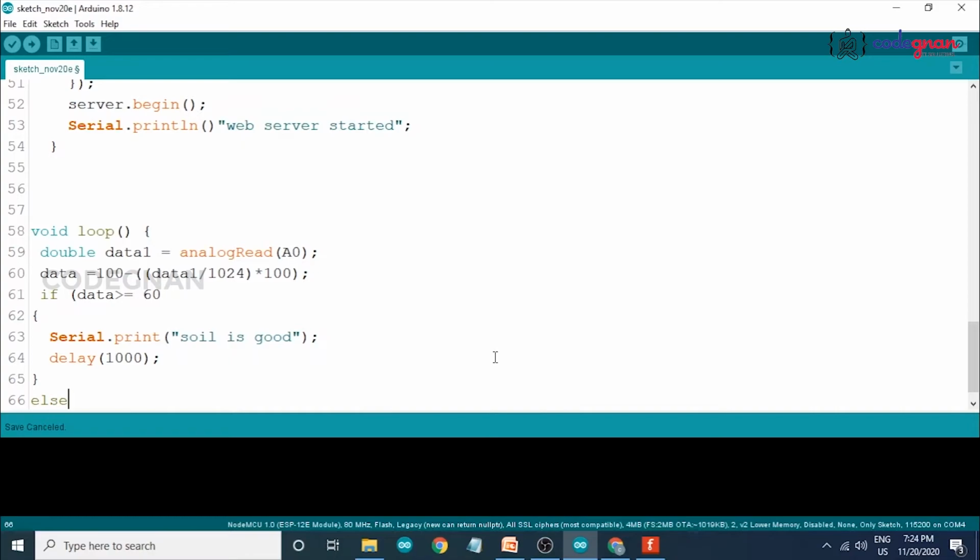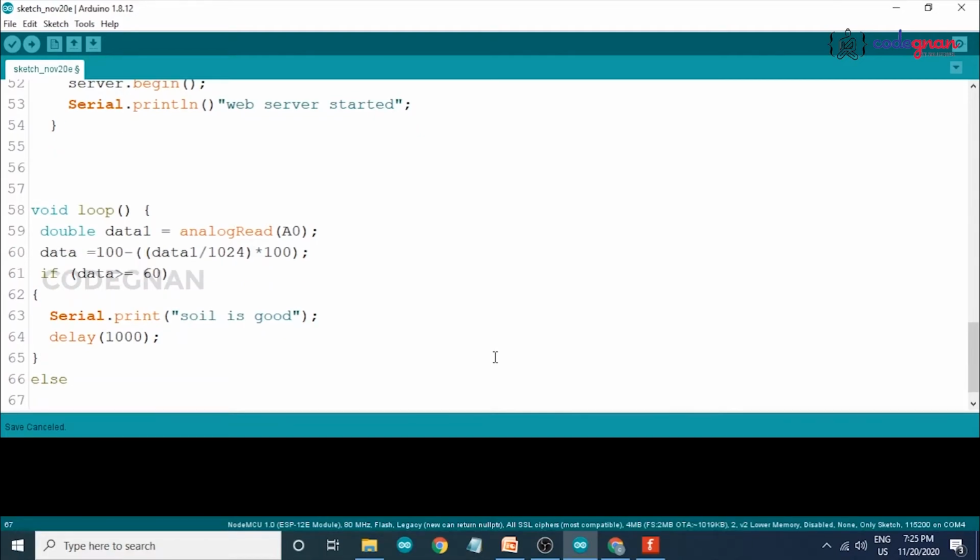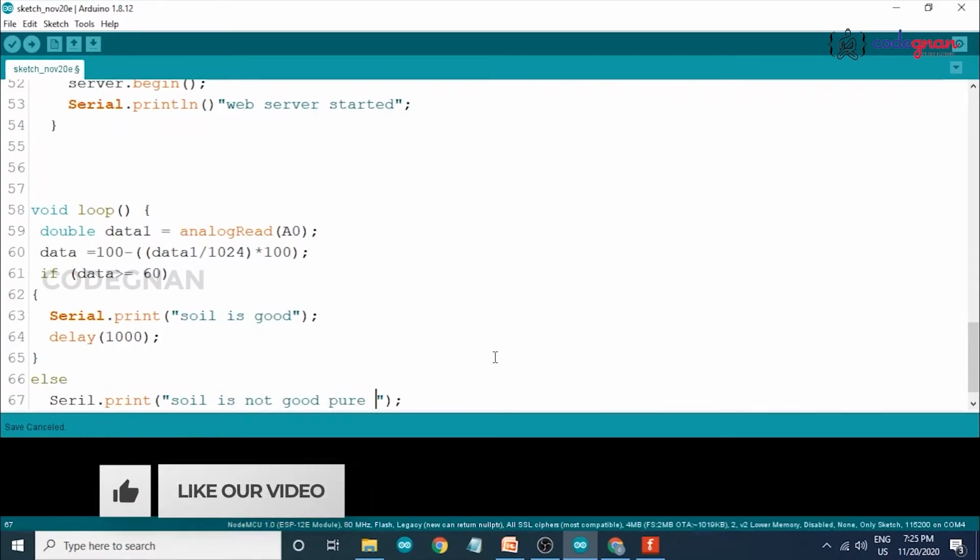Now close this, come out from the loop. Else, that means our moisture is not above 60, it will show soil is bad, so Serial.print soil moisture is not good. This helps us print a message for us: pour some water.